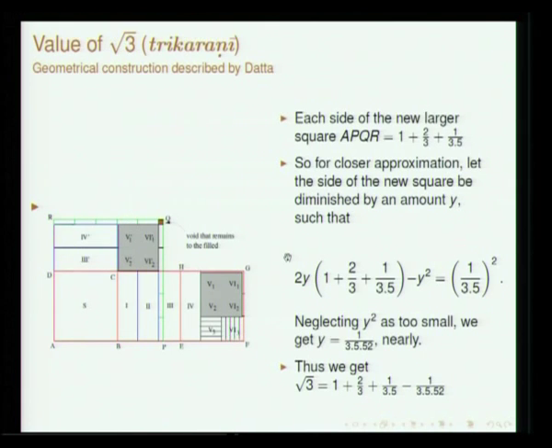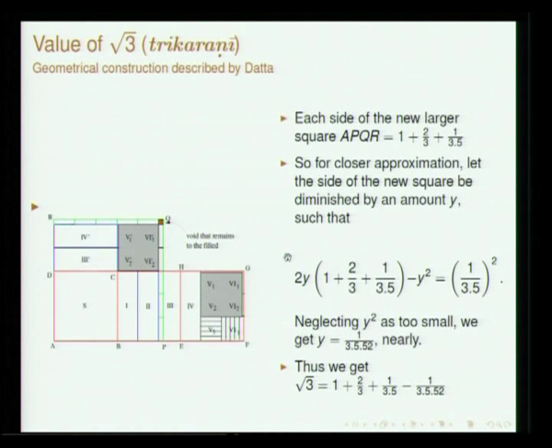So, I discussed root 2; a similar thing can be done for root 3 also. We can have a similar geometrical construction. The expression will be something like 1 plus 2 by 3, plus 1 by 3 into 5, minus 1 by 3 into 5 into 52, and so on and so forth. I think this should be quite clear from the description that was given for root 2. It is a very similar